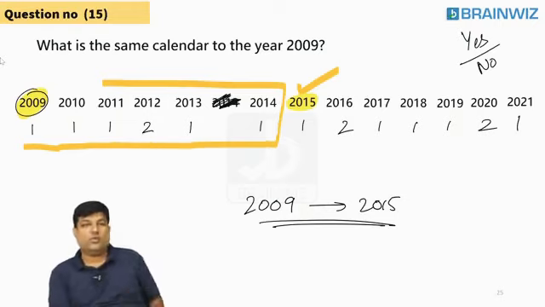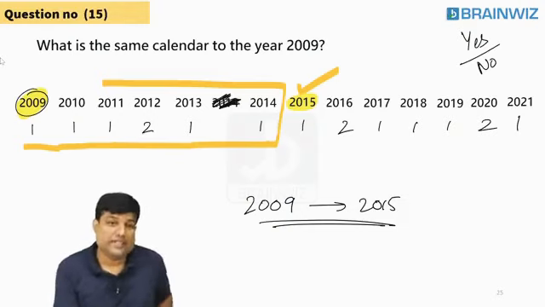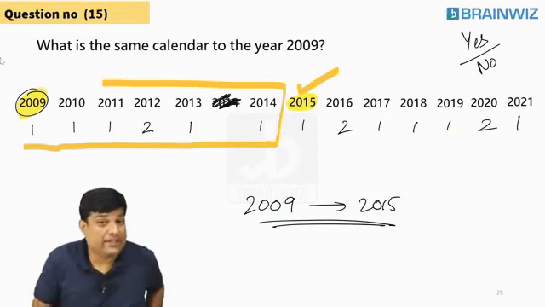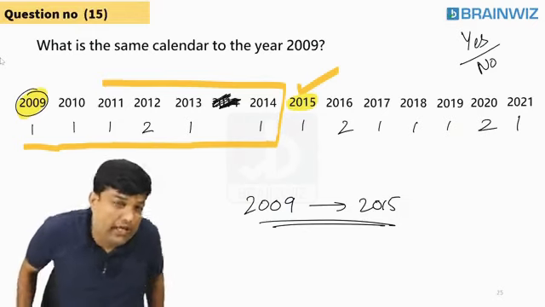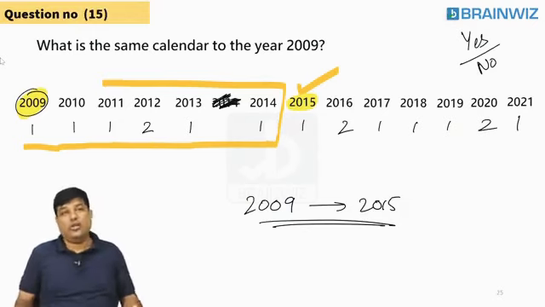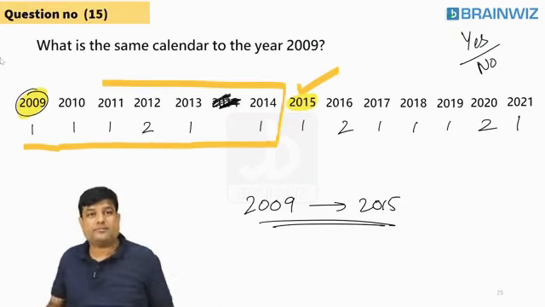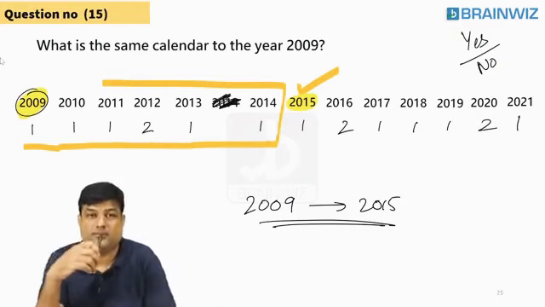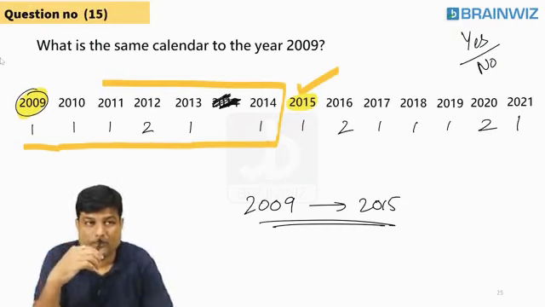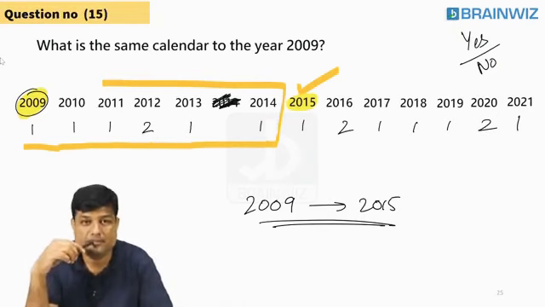Same calendar says what? Do not remove the 7 years from the given time. You should not remove the 7 years. You are supposed to remove the 7 days. And you all know that which day has what. Are you understanding, everybody?